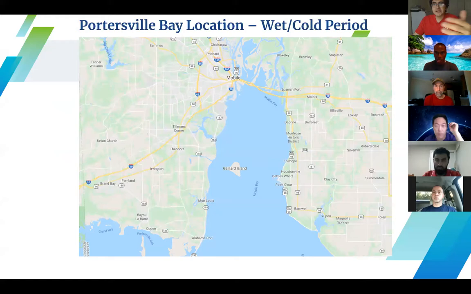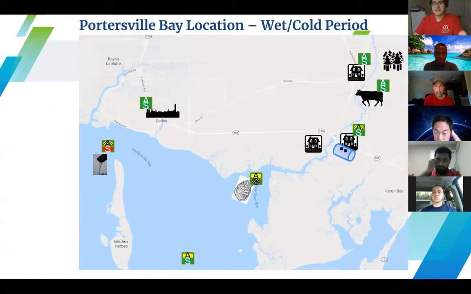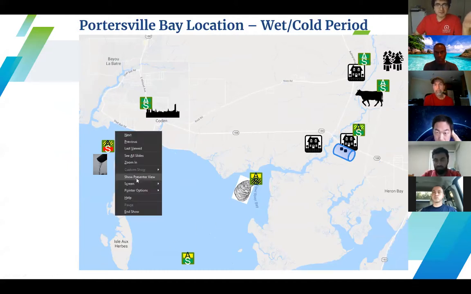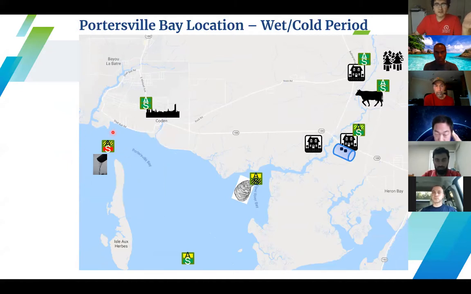For better context, here is the Mobile Bay, and in the bottom left-hand corner is the Portersville Bay area. And this is a zoom in of the study site that we looked at. Let's see if I can activate my pointer. Pointer options, okay. Here is an outflow pipe of a wastewater treatment plant. This is an offshore site, and here is near an oyster farm. These three areas are of particular interest for people like me and other scientists who are looking to minimize exposure to bacteria and wastewater for people in that area and for people who consume the shellfish of that area.